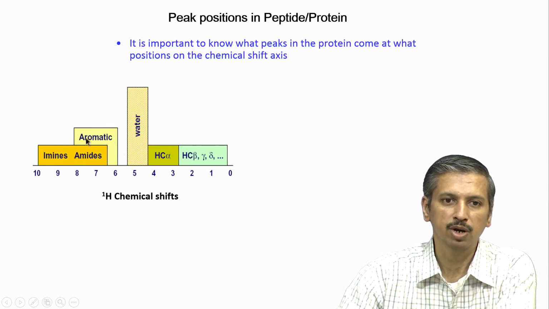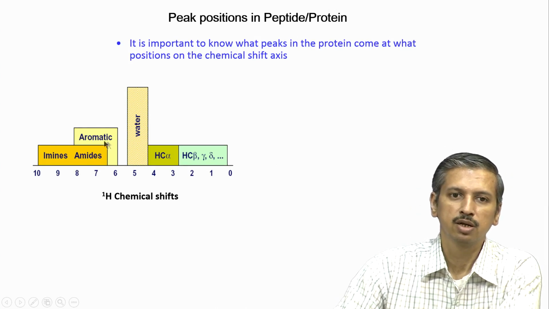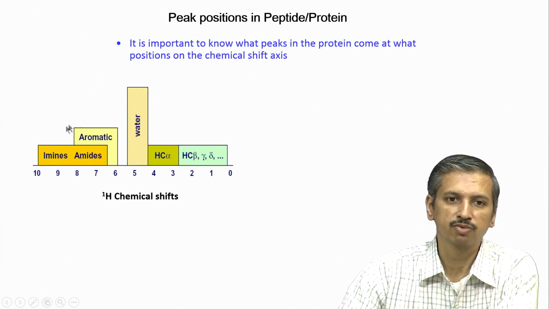Then comes the aromatic region, where all the aromatic amino acids like phenylalanine, tyrosine, tryptophan, histidine, etc., will come. Now, the amides also start coming in this region. Amines of course we do not worry about in protein, but the amides will start overlapping, but slightly shifted. They come between 7 to 10 ppm. So, they are slightly away from aromatic, although here it looks like overlap, but they can be separated. But sometimes amides and aromatic will also clash. So, this is the typical range of chemical shifts observed in proteins as far as protons are concerned.